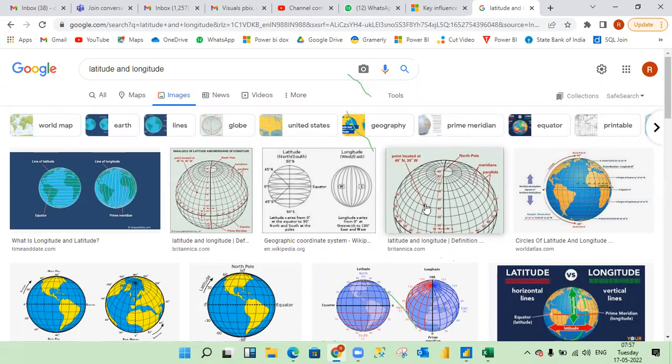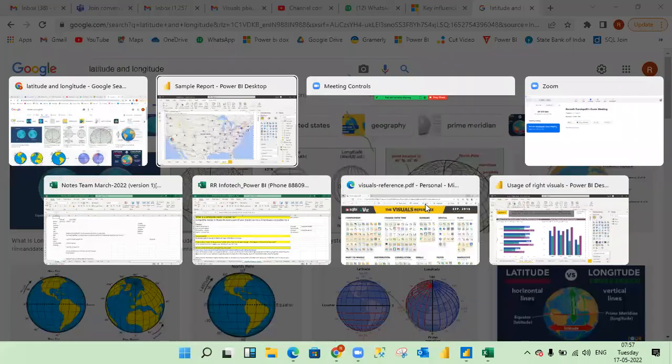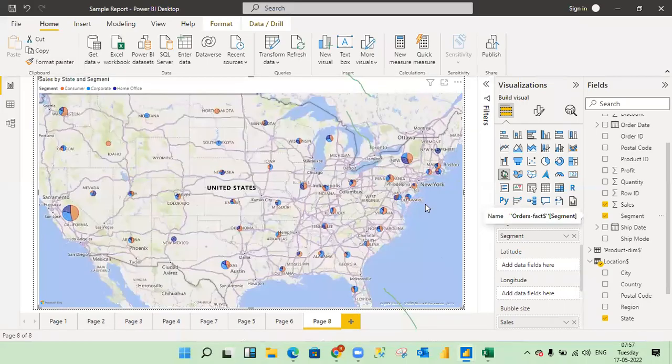Why do we use this latitude and longitude information? If you go back to our report, for example, let's assume we have one state name or one city name. Okay, in our database, one city name is there. Okay,